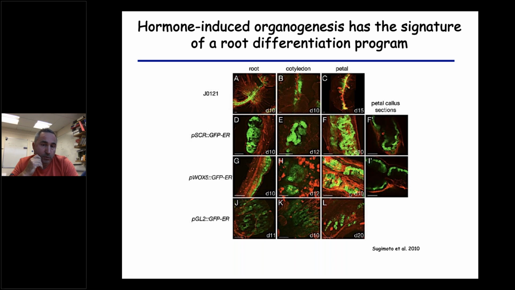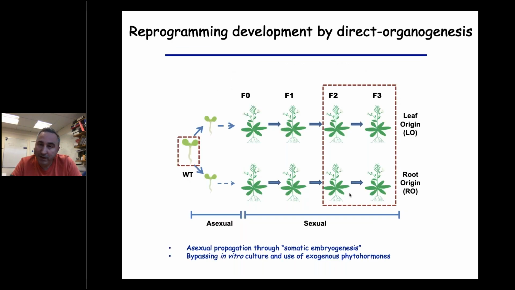So it may be possible that hormones induce a developmental program, in this case roots, and then roots change the epigenetic makeup of these cells, and this change can be propagated clonally. To address this question,